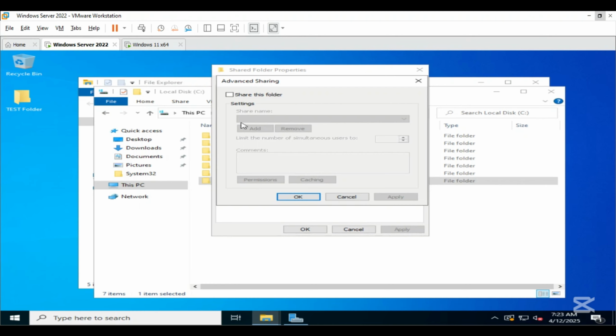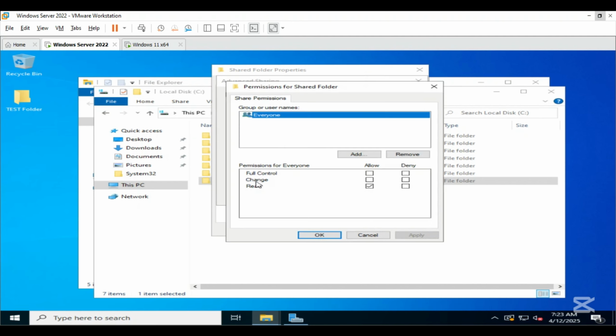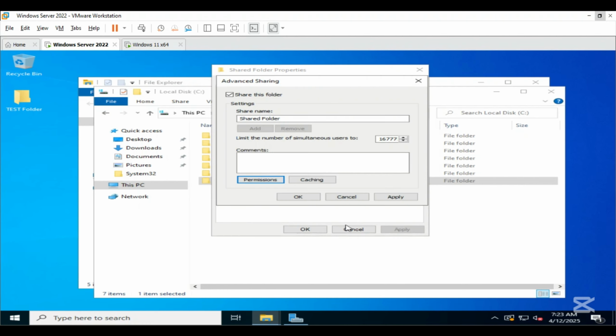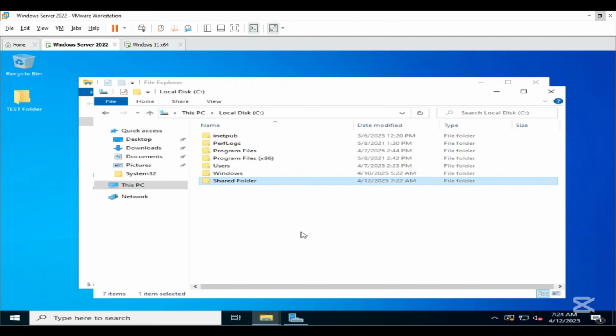Check the box Share this folder. Click on Permissions. Give Everyone full control or as needed. Click OK. Click Apply. Again click OK and click on Close. Our folder is now shared and accessible on the network.